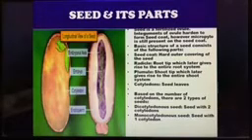Besides this, the other category of seed is monocot. Monocot, mono means one, cot means cotyledon. So seeds with only one cotyledon are said to be monocot seeds. So this is about the parts of a seed, right? Now we come to